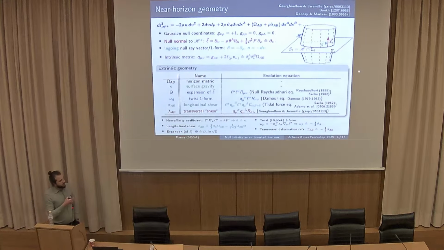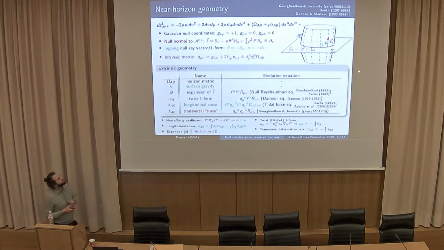To analyze the geometry near a horizon, what one typically does is one introduces two null vectors. One is this l vector, which becomes a null normal on the horizon. And the other is this n vector, which is aligned with ingoing null geodesics on the horizon. This then allows one to construct the intrinsic metric, this q field here, which is realized to be degenerate on the horizon, reflecting the fact that the horizon is a null hypersurface, while the extrinsic geometry is captured by this set of quantities that have some special names, which I don't want to get into.